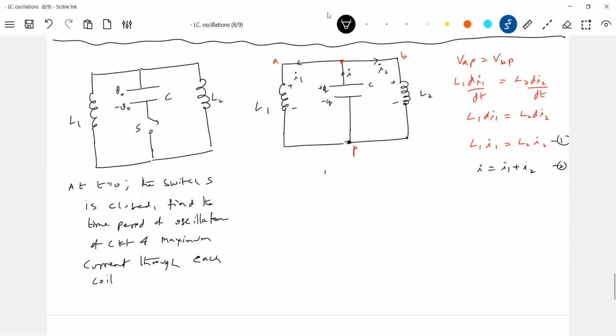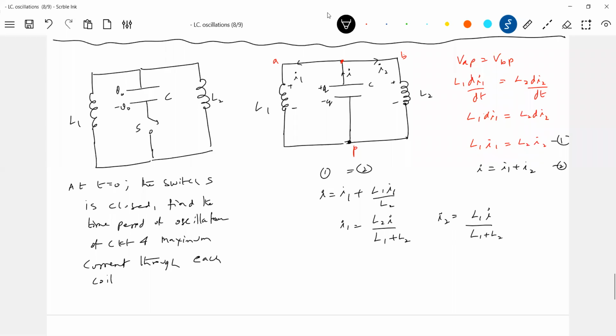Equating, I1 plus I2 will be L1 I1 by L2. Similarly, what is the expression for I2? I2 should be equal to